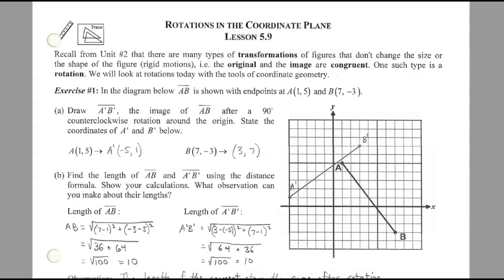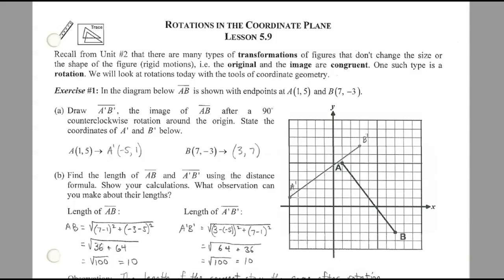These next few lessons are going to take us back into the coordinate plane. So we're working on rotations first, and then we'll do some reflections and finish up with some translations and multiple transformations. So with this section about rotations, we're starting off with the diagram below. You have segment AB on your grid with endpoints at (1, 5) and (7, -3). And so the directions are saying to draw A prime, B prime after a 90 degrees clockwise rotation around the